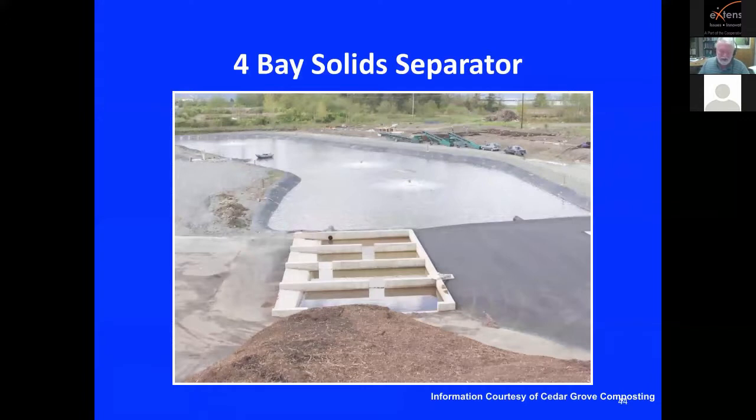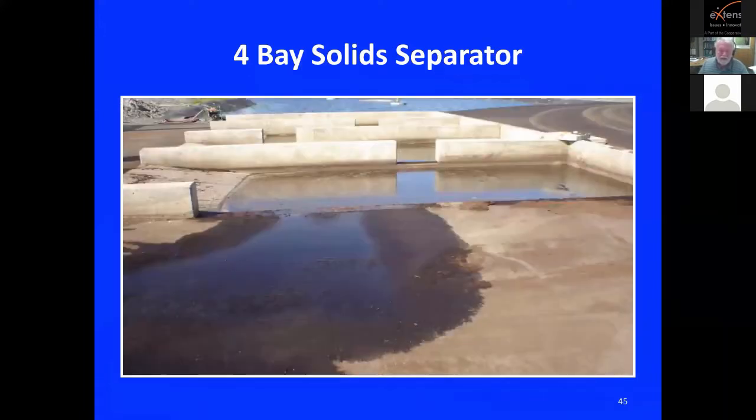This is a 4-bay solid separator. This solid separator takes water in, runs it sinuously back and forth through stilling areas, and it goes out the pipe at the far end. This kind of illustrates the pathway where it goes down from one area into the first bay and works its